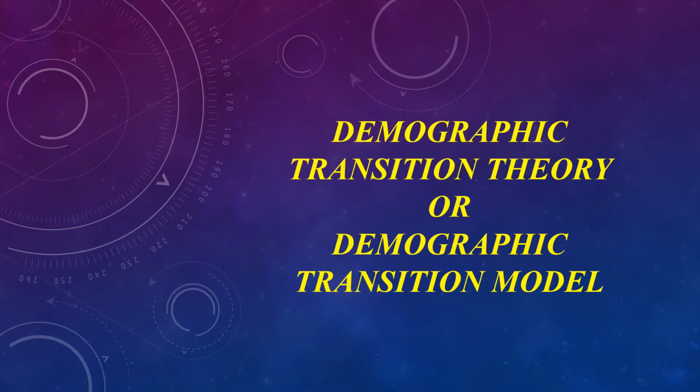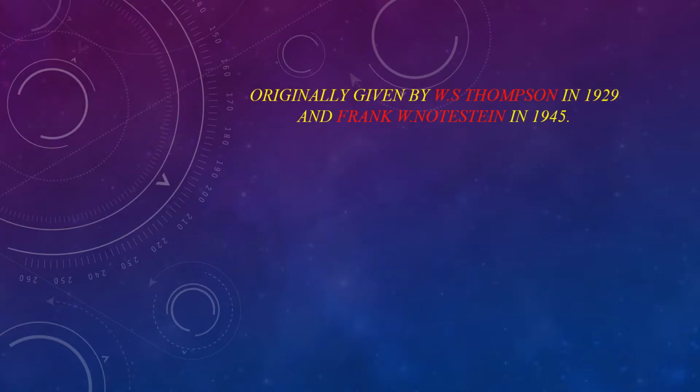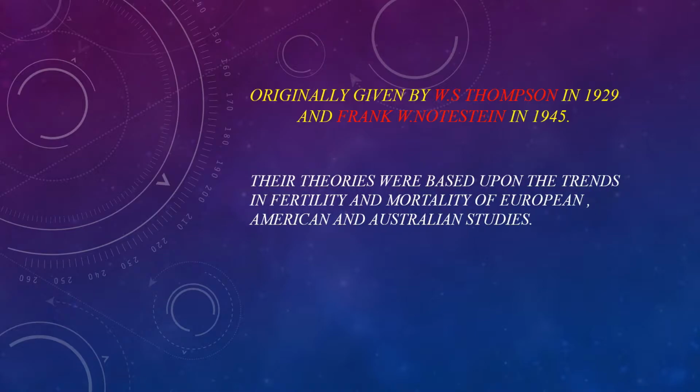Today's topic of our lecture is demographic transition theory, or we can say demographic transition model. Originally, this theory was given by W.S. Thomson in 1929 and Frank W. Notestein in 1945. Their theories were based upon the trends in fertility and mortality of many European, American and Australian